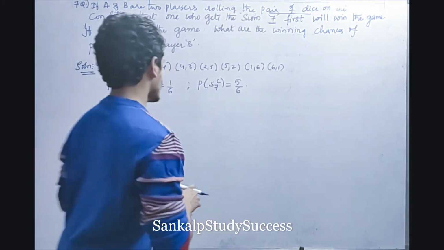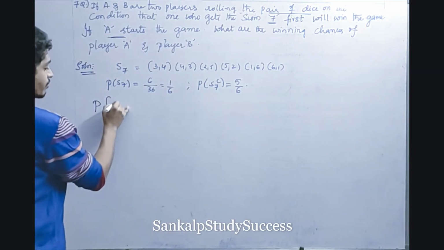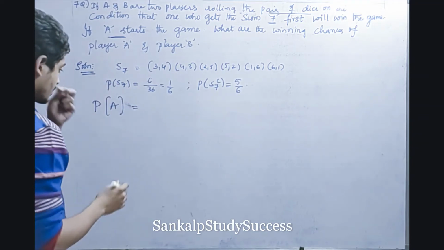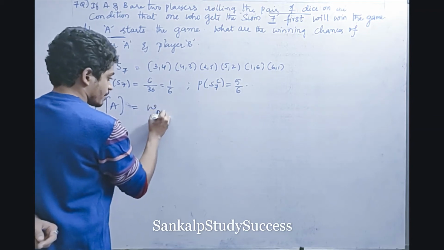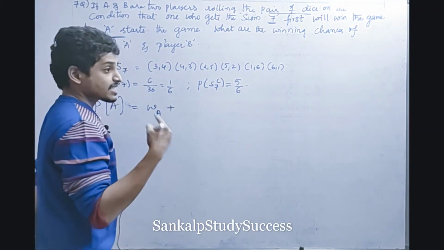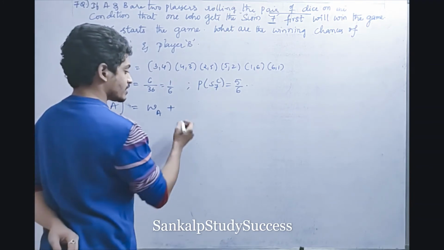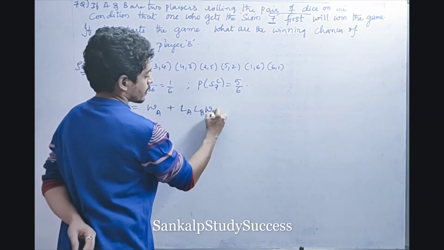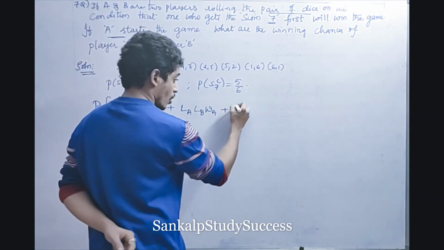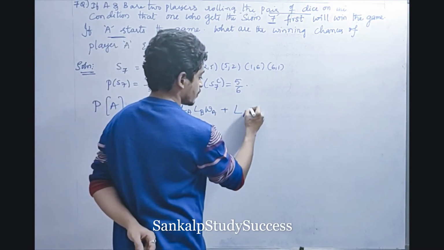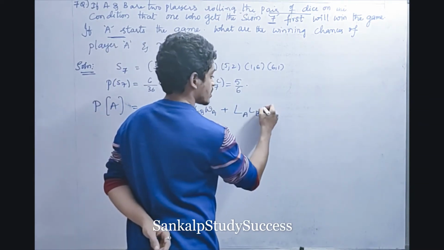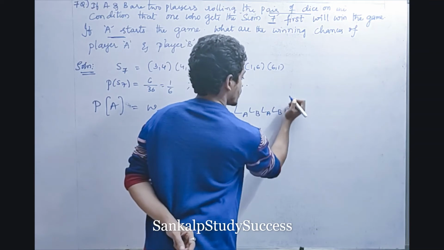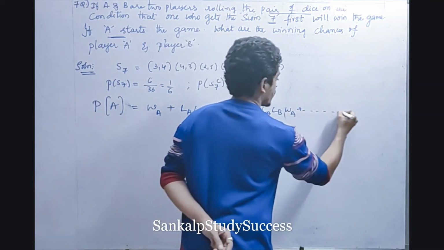So, see friends, the probability of winning chances of A, that means probability of A is equal to, suppose in the first attempt itself A might win, or in the second attempt A might win. In order to get the second attempt, what is the chance? In the first attempt A should lose, next B should lose, then A will win in the second attempt, right? Or in the third attempt A might win. So first A will lose, B also should lose, next A also should lose, B also should lose. Now in the third attempt A should win the game, right or not? In this way it is an infinite series.